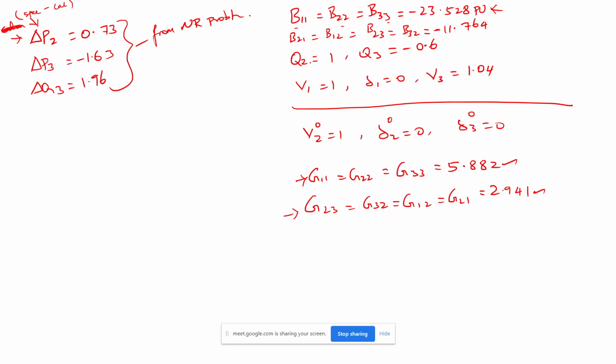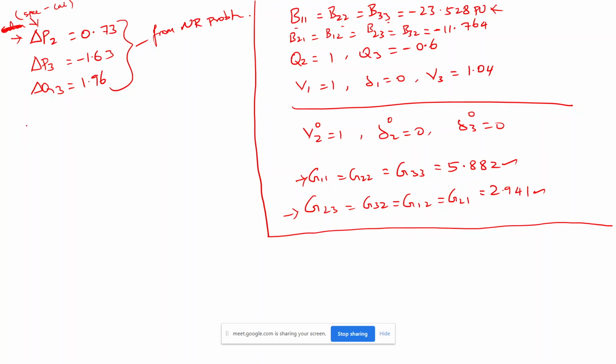Okay, everything we have calculated, all this data is taken just from the Y bus matrix. If you have the last solved problem in your hand, definitely you will get this data. Otherwise, you can see my video once again, it is shared on YouTube. Okay, so with this data and with this assumption, we will proceed further.